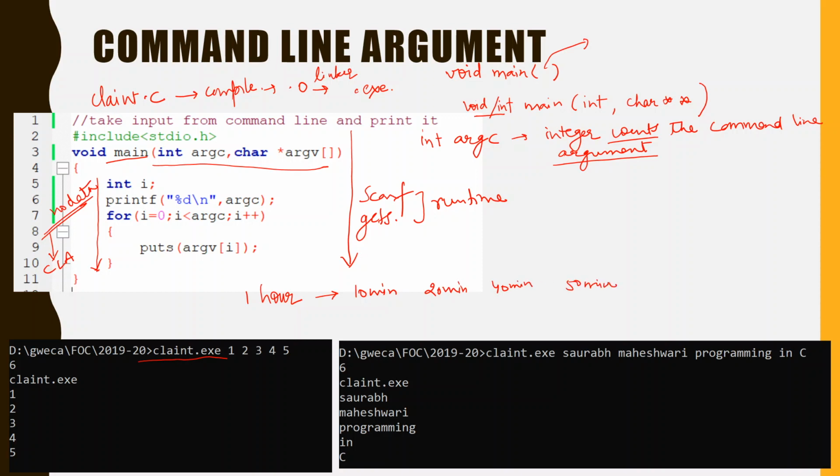Suppose the program works like that and it has 4 scanfs at these particular intervals. Now the programmer, or the user of the program, needs to keep watching the program for the whole 60 minutes,